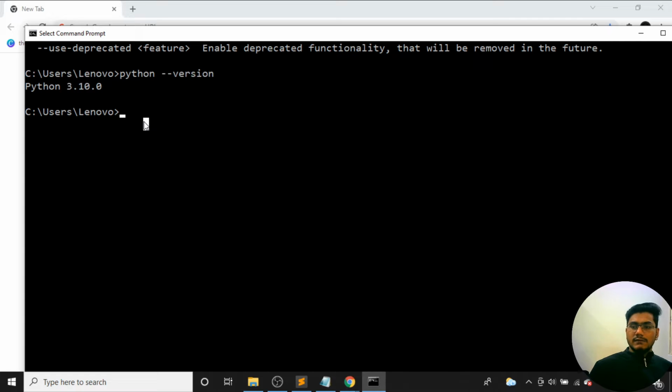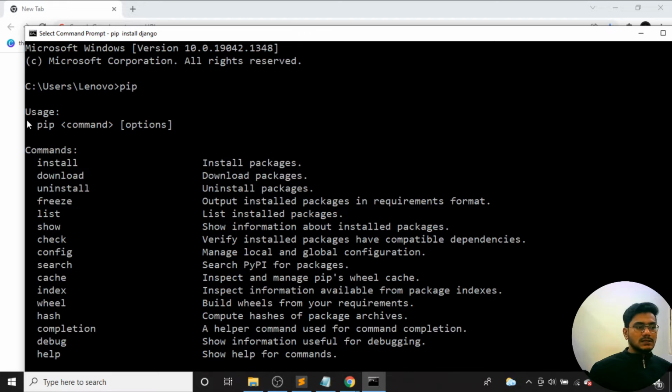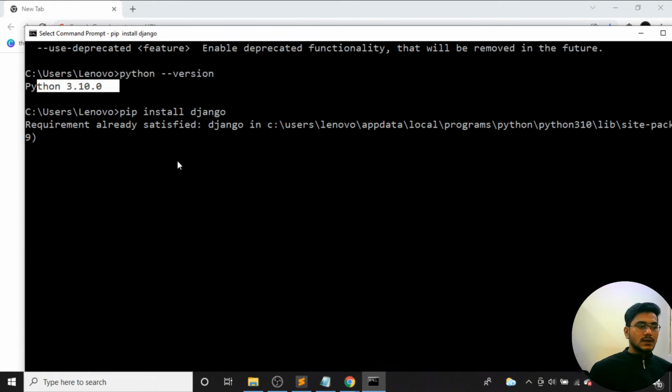So here, we need to install Django now. To install Django, we have the command pip install django. Okay, so we can just install Django inside our C drive. Once it has been installed, the two things should work, 3.10, and along with that pip should be working. Okay, when two things are working, obviously Django will get installed.